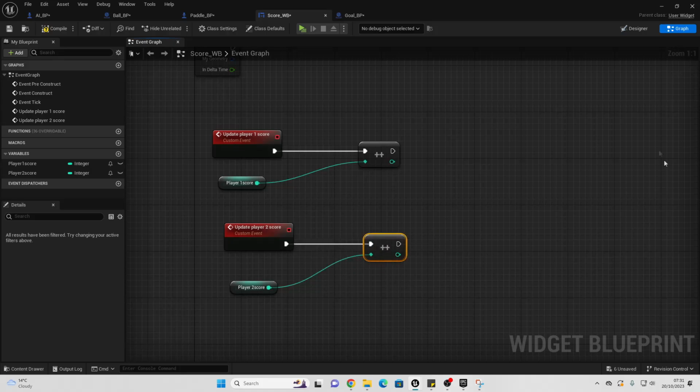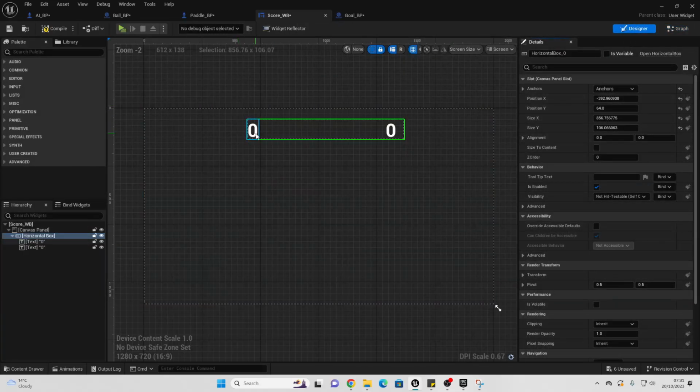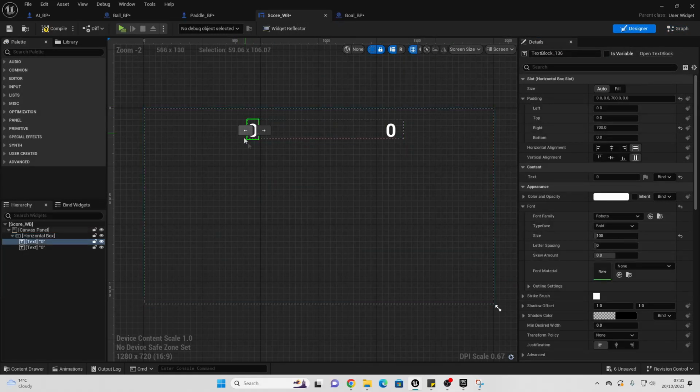Then if I just go over to the designer, I'm just going to select this text here, and we can just go bind, and we can bind this to player 2 score. So player 2 is the AI, so I'm just going to select this. Then if we select this text here, we're going to go bind and bind this to player 1 score. We can then compile this. Then if I just go back to my goal blueprint,